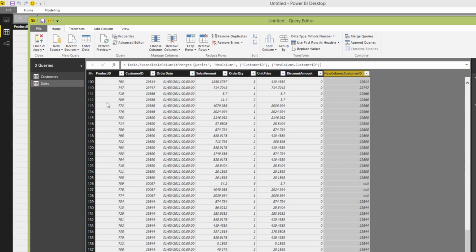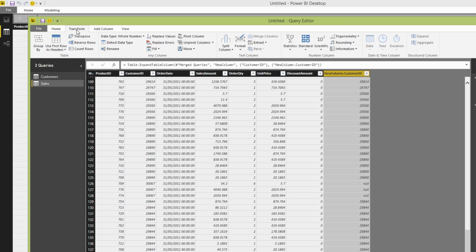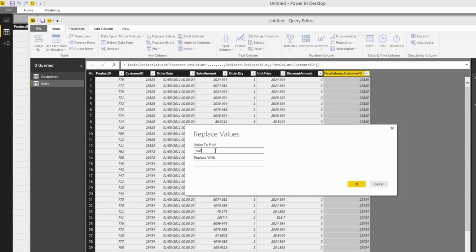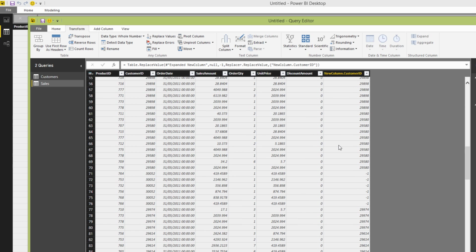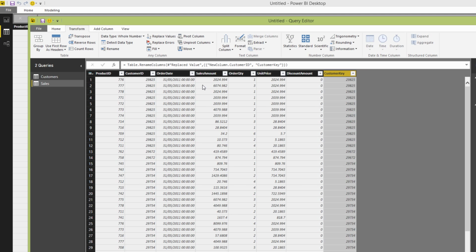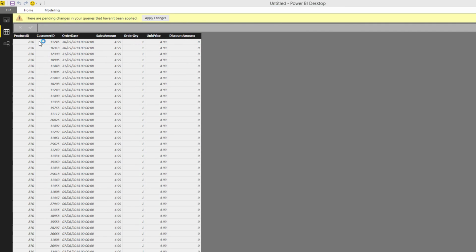Now I know you can handle this a number of ways, but I'm very much thinking about just using SQL and Power Query. So we can go to transform, and very simply just say replace values, and I can say replace null with -1. Press OK, and as quick as that, there you go. There's the -1. So what we've done is create a key, and now I'm going to rename this field. I'll call it customer key. And if I close and apply that,